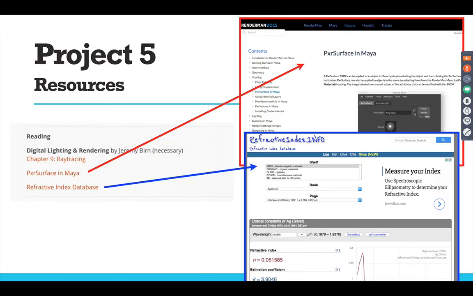Like I said, Project 5, the Pixar surface is going to take you to RenderMan's help, or not really help, docs. It's all their documentation. The Pixar surface goes through every single module in Pixar surface. It's gold. And then the refractive index, once